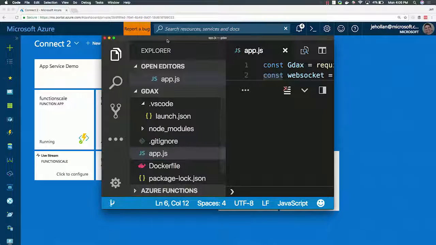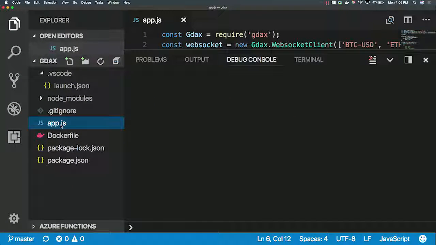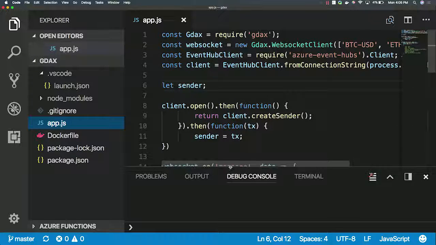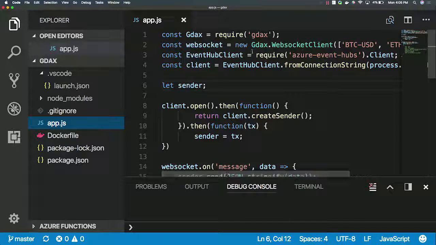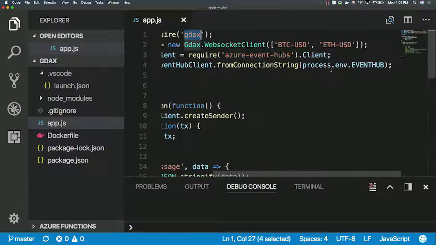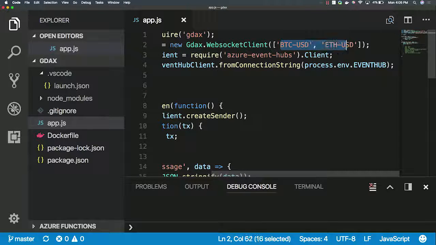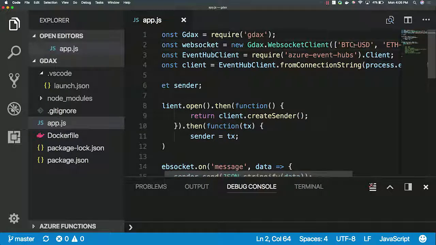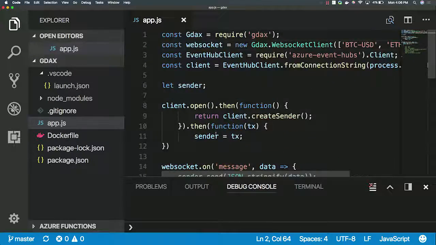All this app is doing is running on top. Let's get this out of the way. I'm running on top of the GDAX network, and I'm looking at every single transaction happening right now while I am recording this for Bitcoin or Ethereum, and I'm going to publish that to an Event Hub. So there's not a whole bunch of code running, but let's go ahead and do that now to start publishing